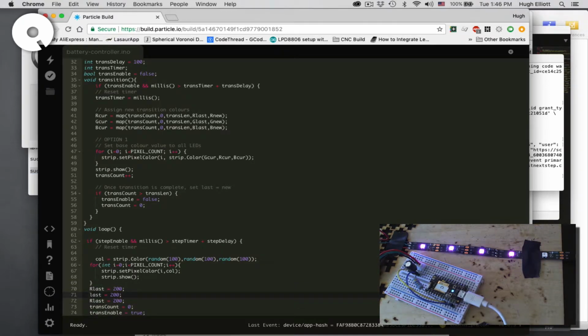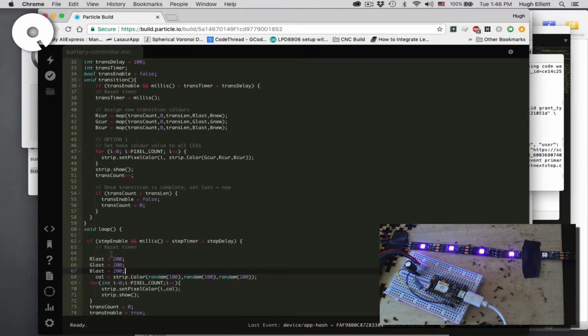I'm going to get this to stop picking random, so it's going to be, there you go,